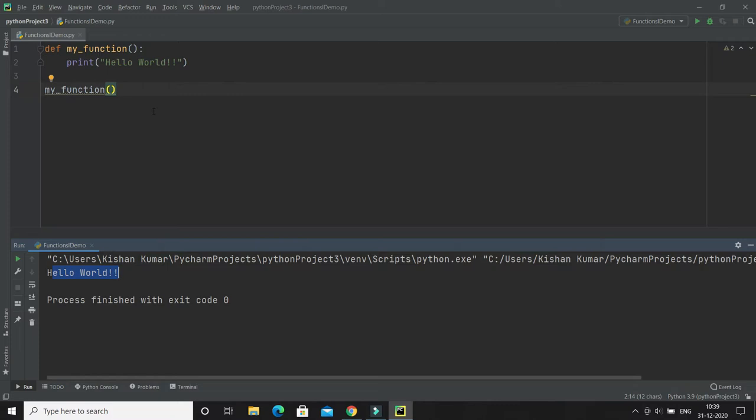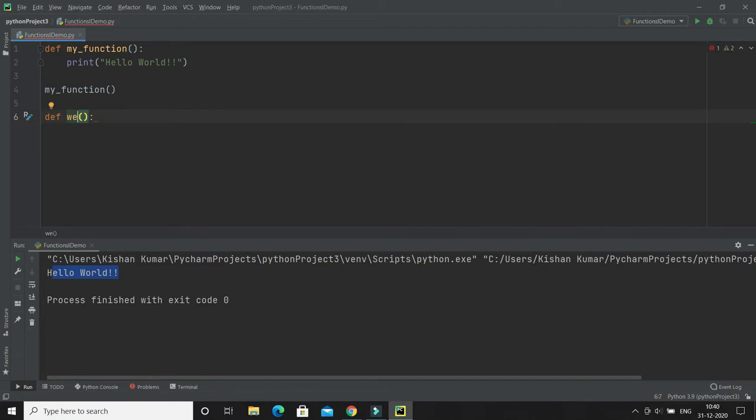Now this is a very simple function. There I did not pass any parameter, right? So you can also pass information to a function as an argument. Arguments are specified after the function name inside the parentheses, right? So here you can pass your parameter. You can add as many arguments or parameters as you want. Just separate them with a comma. So let's try to define a function again. I'll keep the same function name, or you can change it as well.